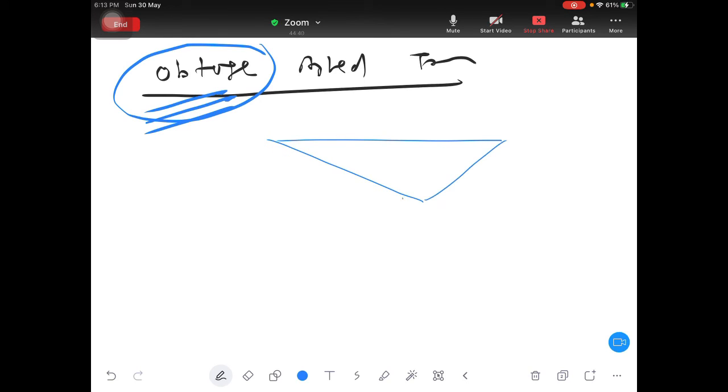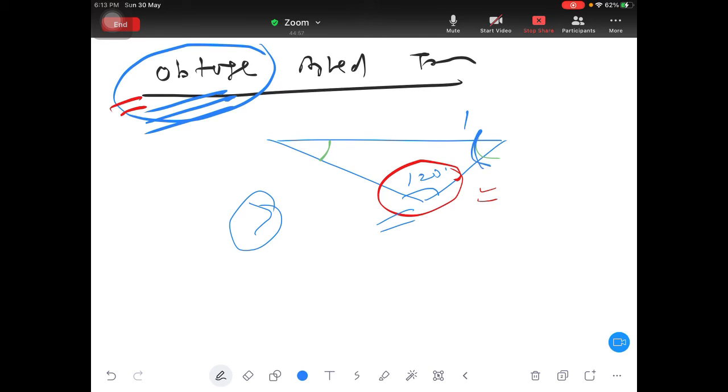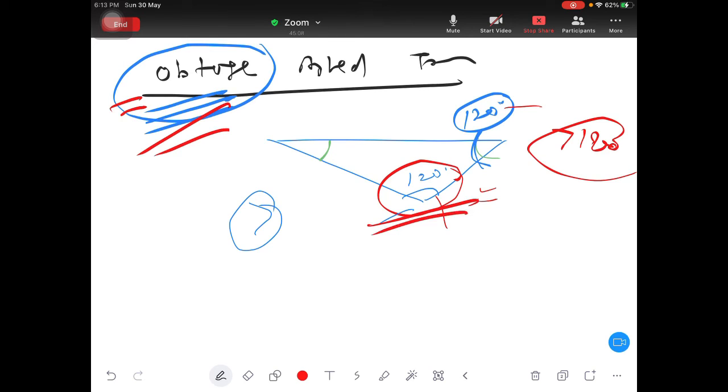Just imagine this angle is 120 degrees, and this angle is unknown. But the point is, this is an obtuse angle. Why? Because any one angle is more than 90. I am saying 2 angles cannot be more than 90, because suppose this is 120 and this is also 120, how is it possible? It is not possible, because these two itself will give you more than 180 degrees. So in the case of obtuse, only one angle has to be more than 90, and the remaining 2 should be such that the total is 180. Clear? Okay.